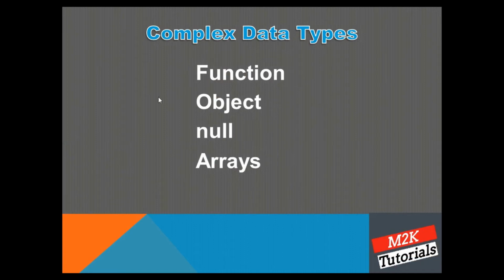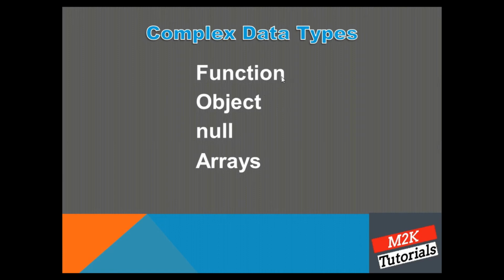Okay, except function. Although typeof function is function, that is also inherited from object. Okay, they are not primitive, so these are mutable, and the state of these types can be changed. We will talk more in depth on these data types in our upcoming videos.